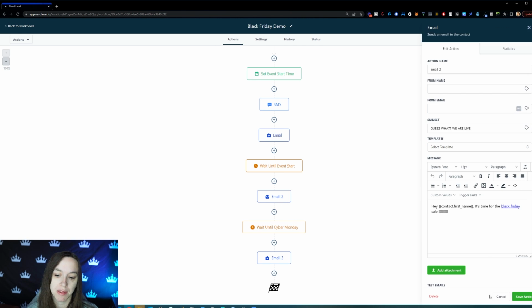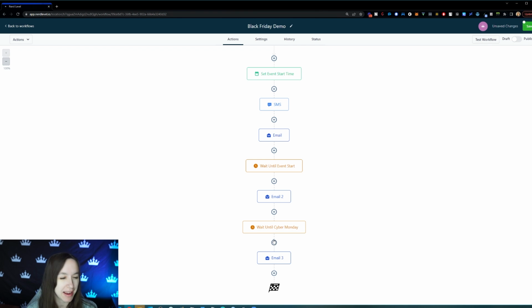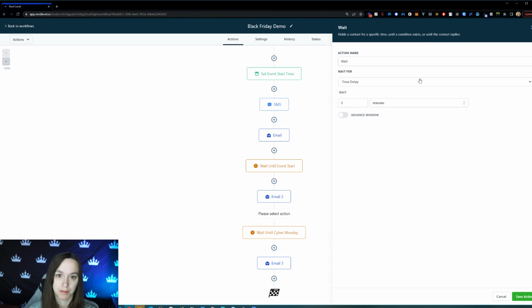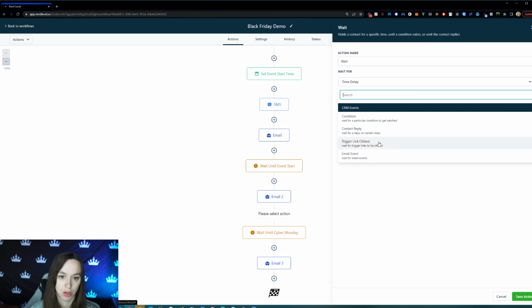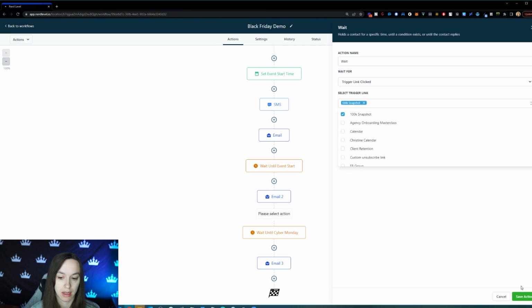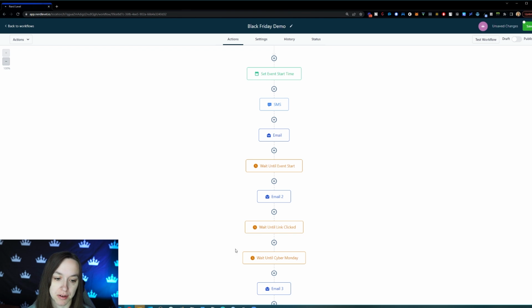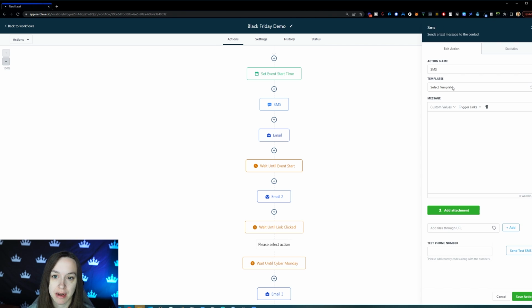So if they click my link, I want to actually text them. So what I'm going to do here is wait for them to click my trigger link, and then you pick it there until... And then I always do the timeout because you don't want to leave this open forever. I mean, you don't want them to be able to reply or to click your link in like January and get the deal, right? So wait, but time it out after like a day. Then I'm going to be like,